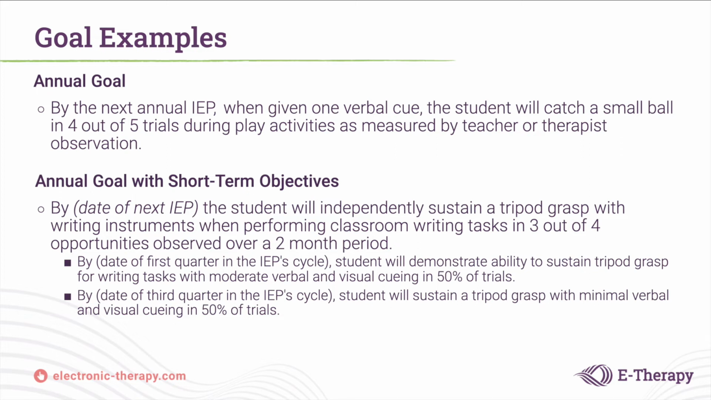And then we've got objectives below. Here would be the date of the first quarter in the IEP cycle. The student will demonstrate ability to sustain tripod grasp for writing tasks with moderate verbal and visual cueing in 50% of trials. By the date of the third quarter in the IEP cycle, the student will sustain a tripod grasp with minimal verbal and visual cueing in 50% of trials. So, at first they're requiring a lot of cueing, and then we're fading out that prompting to get them to